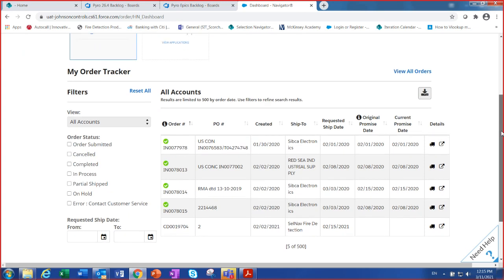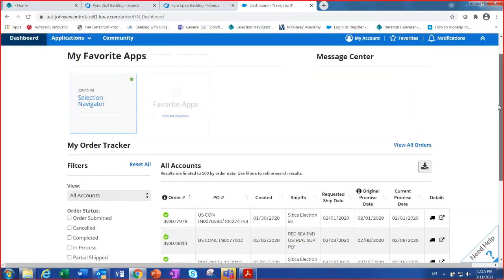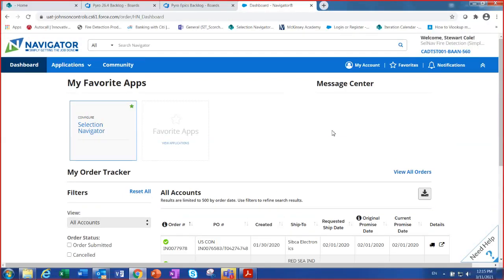And depending on whether you've actually been enabled for the Order Navigator app will determine whether you've got the truck icon and the Order Navigator icon. For those that haven't been enabled for the actual Order Navigator app, they would just see the truck icon. So what we did, in order to go live and to get people into this, all of the delegate admins for the respective accounts, we enabled Order Navigator access. So your delegated admins will already have access to that particular application. And as you can see here, I'm not showing it on my dashboard at the moment because I just wanted to walk through how you enable a favorite on the dashboard.